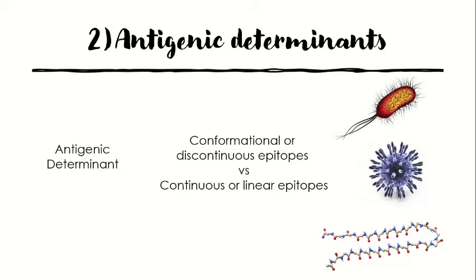But there are other pathogens such as viruses, and the antibodies generated against them recognize the coat proteins. So it is highly probable that the sites these antibodies recognize are on surface proteins, and they will be composed of amino acids from different parts of the polypeptide chain that were brought together during folding. Such antigenic determinants are called conformational or discontinuous epitopes. In contrast, an epitope that is composed of a single segment of the polypeptide chain is termed a continuous or linear epitope. That is what differentiates conformational or discontinuous epitopes from continuous or linear epitopes.